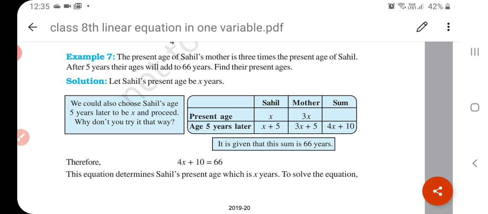Okay, understand? Now one more thing I will tell you, in problems of age we make frequent mistakes. Which mistakes do we make? Be very careful whether the given number will be added or multiplied. 5 years later, here 5 will be added to the present age. 5 years ago, here 5 will be subtracted from the present age, and 5 times means 5 will be multiplied. Understand?